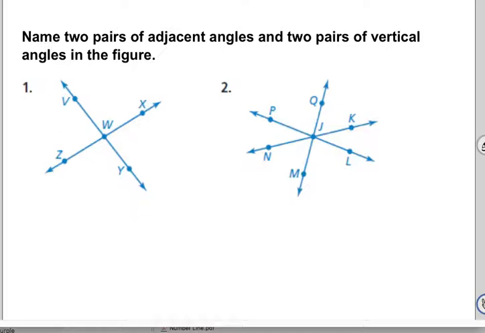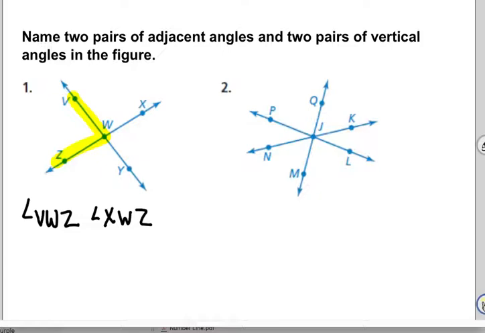WX. Nope. XWY. No. All right. Let me see. Grace, give me one pair. Okay, she's saying V, W, Z, and